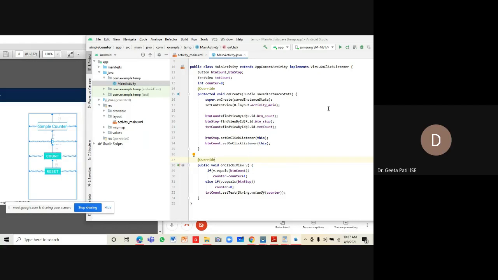Have you all done? People with systems who have installed Android Studio, have you completed?